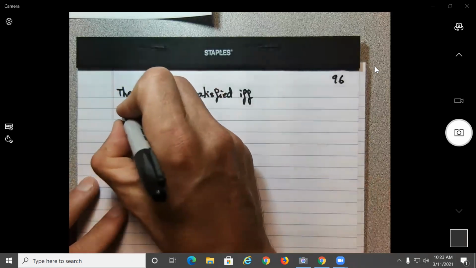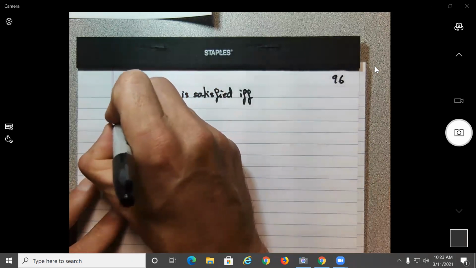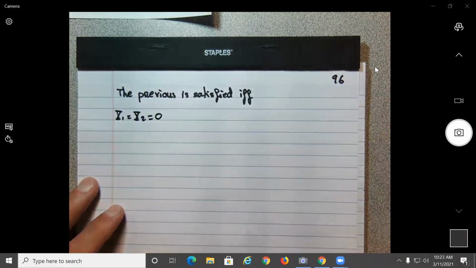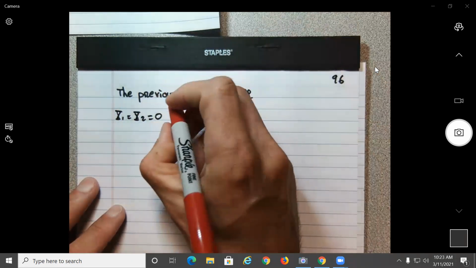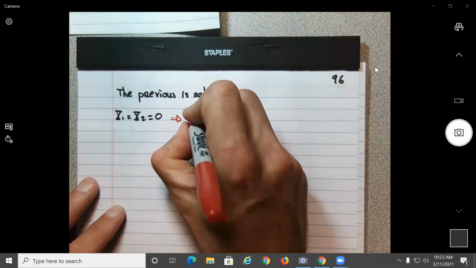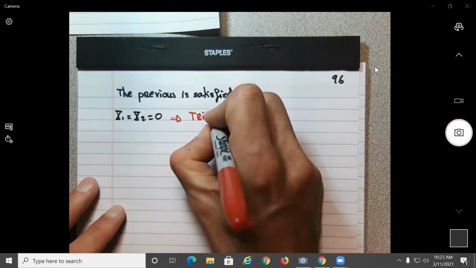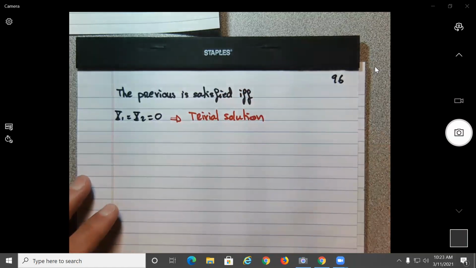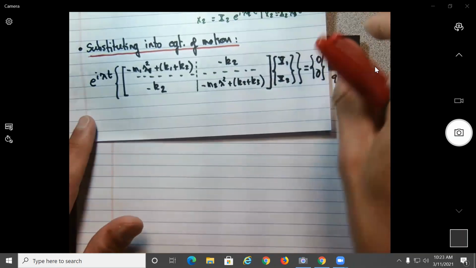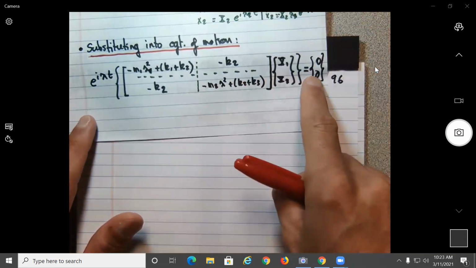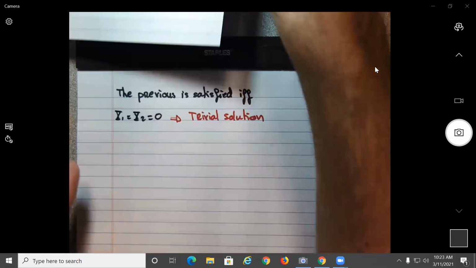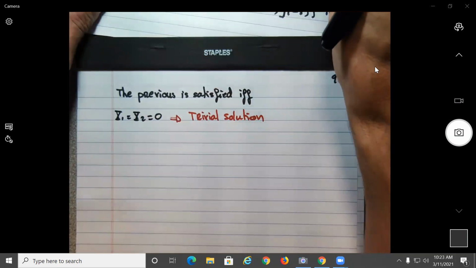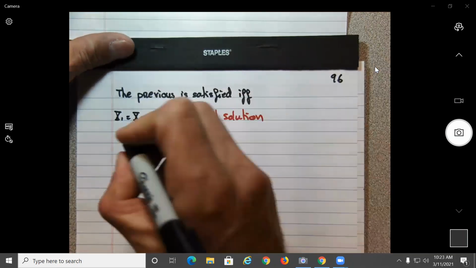Only if x1 equal x2 equal to 0, which will yield the trivial solution, meaning that all this side will be equal to 0, and this will be equal to 0, correct? Or when this term over here in brackets is equal to 0, which means that the determinant